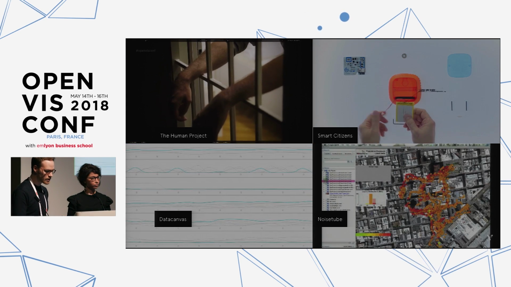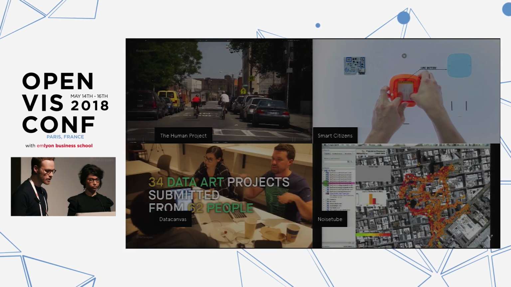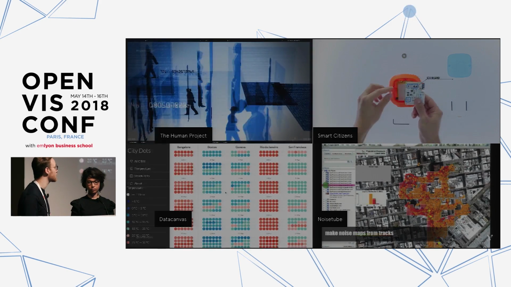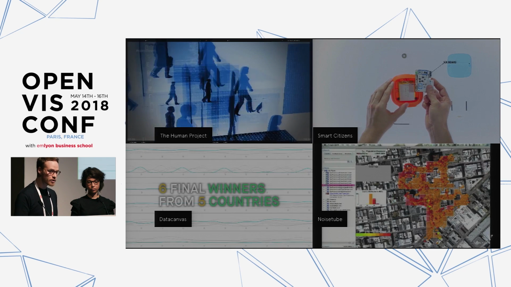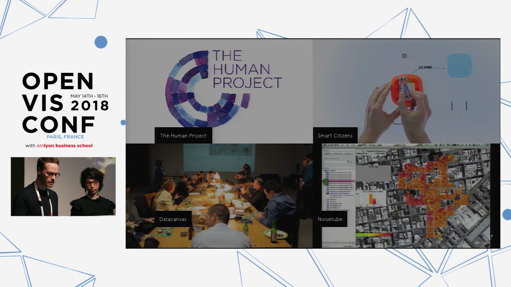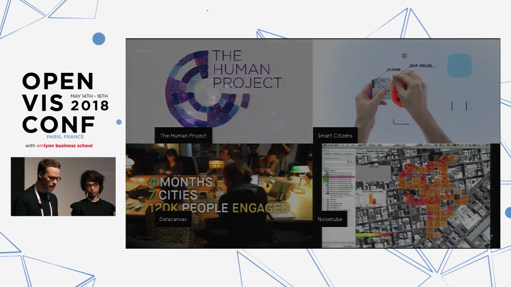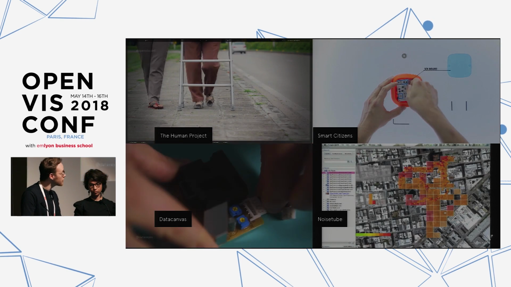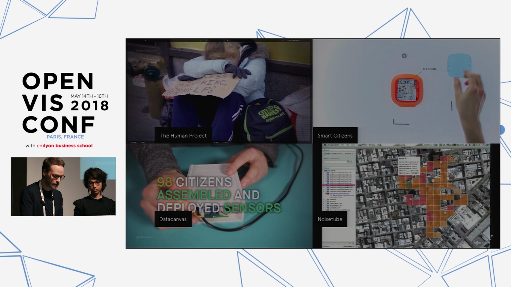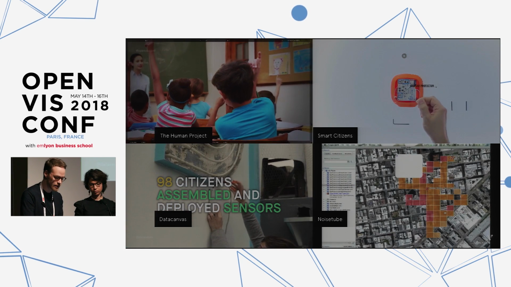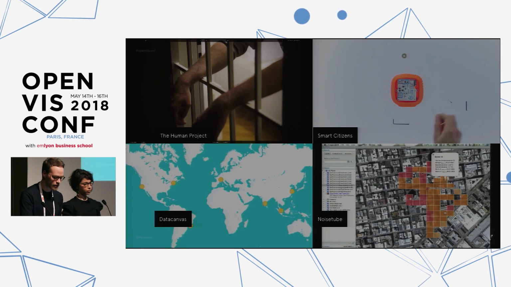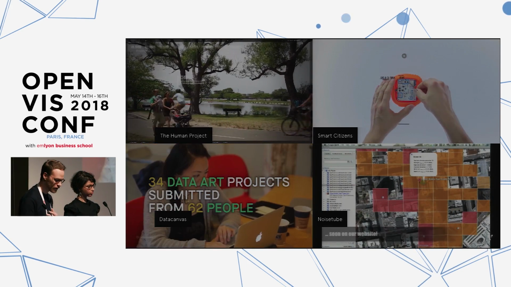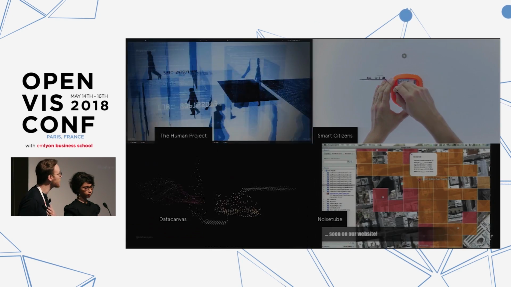You also have Smart Citizen. It is another interesting initiative. It is a platform to generate participatory processes of people in the cities. It promotes the development of low-cost sensors for citizens and provides a platform for those citizens to share their geolocalized measures. It connects people with their environment and their city to create more effective and optimized relationships between resources, technology, communities, services, and events in the urban environment. Data Canvas